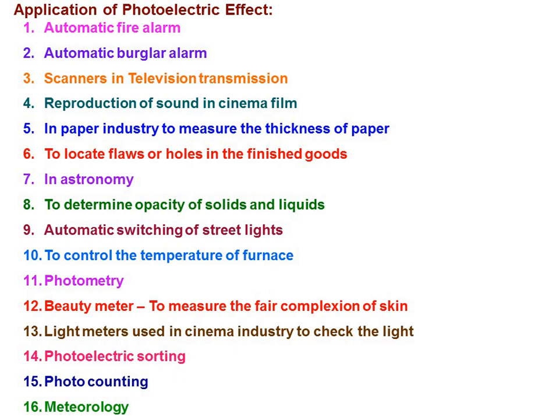In an automatic fire alarm, a number of photo cells are installed at suitable places in buildings for this particular purpose. Whenever a fire breaks out, whenever there is an accident, light radiations will fall on these photo cells. Then photo current will start flowing through the circuit, which contains an electric bell, and thus we are able to hear the warning signal. That's what it is. The moment the fire starts, it will ring.